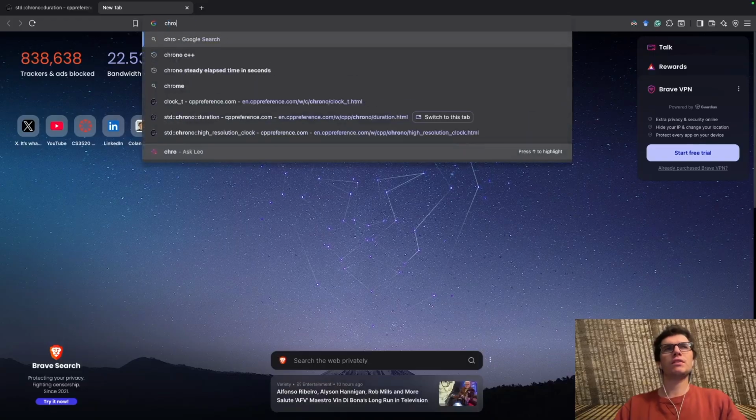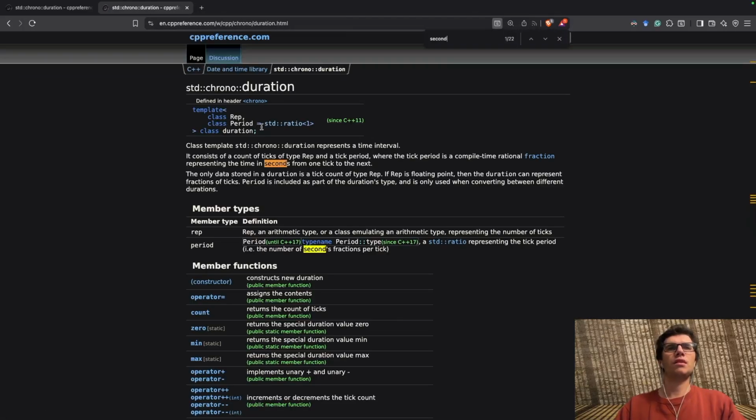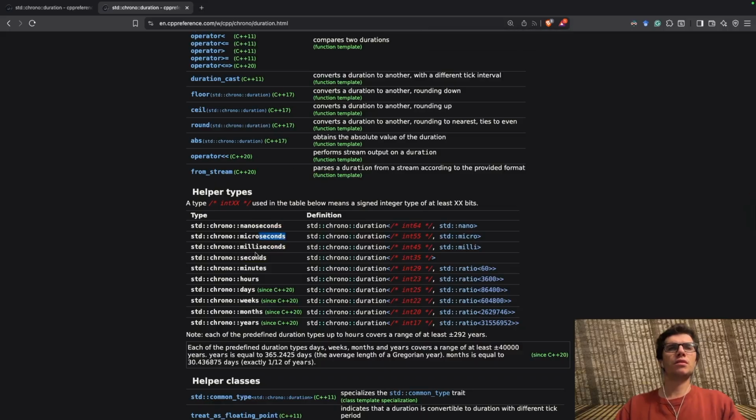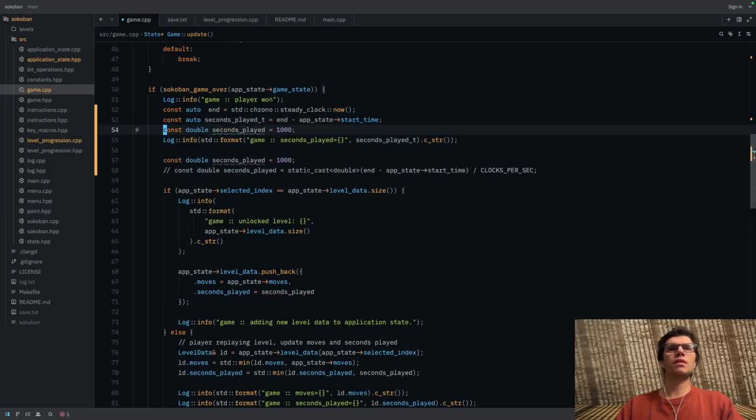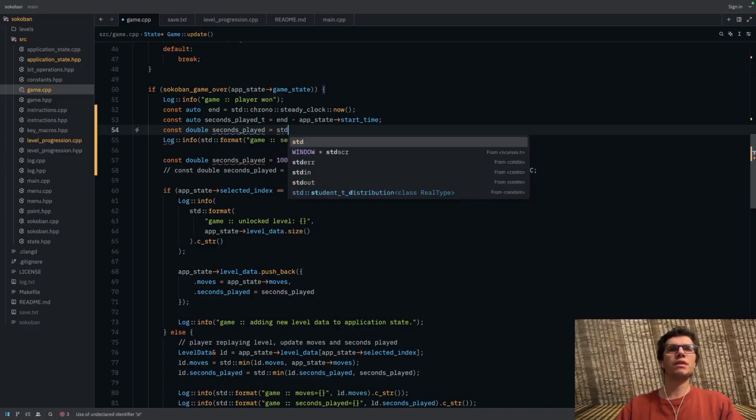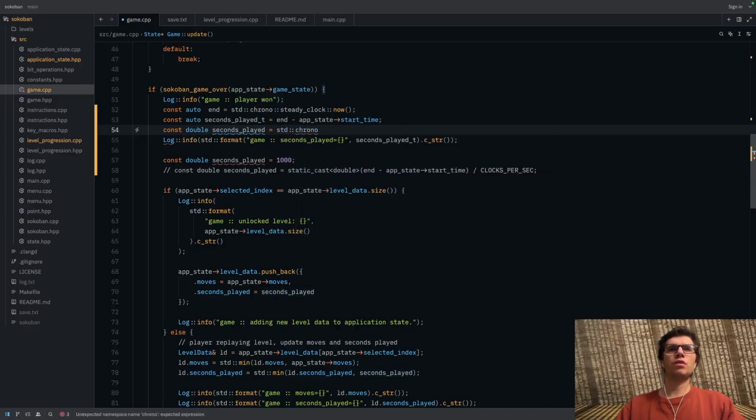And there should be like just a chrono to seconds kind of thing. Just, yeah. So it is there, chrono. So let's just see if we can figure that out. So now we'll actually go to this, and we'll change this formatting in a little bit. Chrono duration seconds, and then we take seconds played, nope,